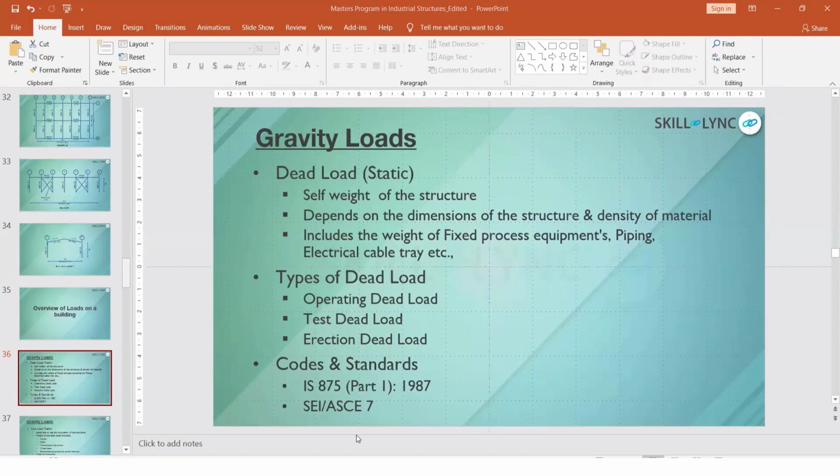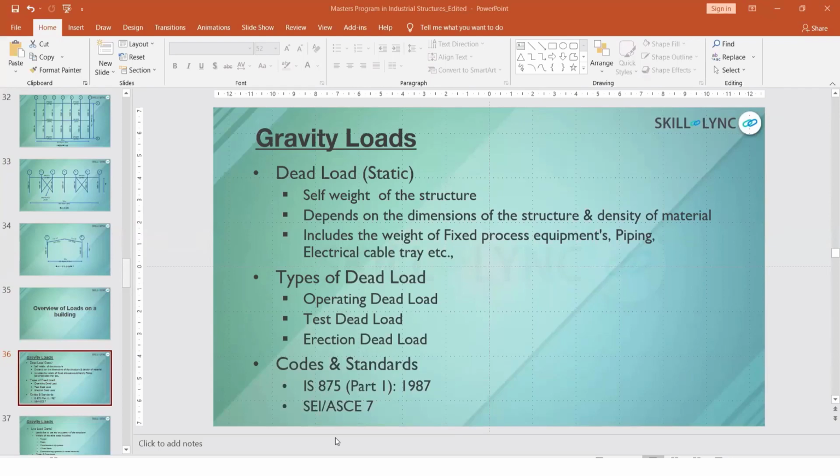So there are two kinds of loads that are applied on a building model: one is the gravity load and the other is the lateral load. If you take the gravity load, the dead load, live load, and snow load all come under the gravity load combinations.